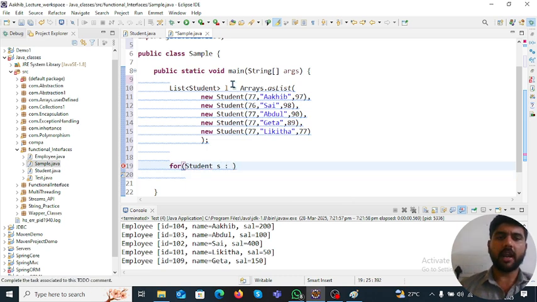Okay, and give your ArrayList object name. So my ArrayList object name is L here. I'm giving here L. You can define your own name as you want, and I just gave L here. Below that, just give here a